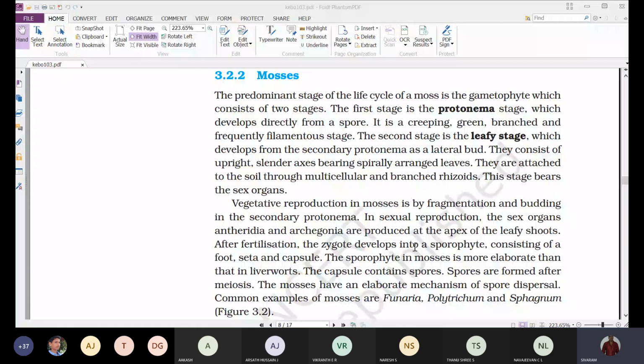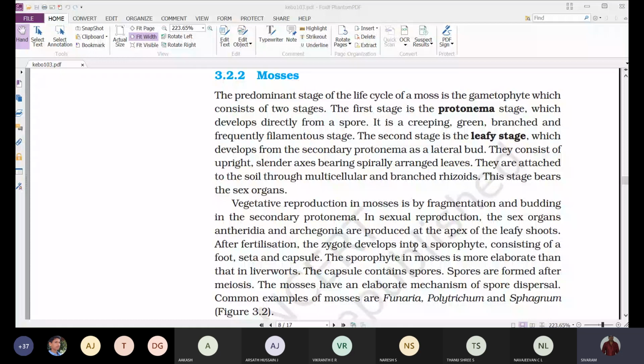Okay, which consists of two stages. In case of liverworts, we'll have only one stage, that is the leafy stage. The leafy stage only represents the gametophyte. But when you observe the mosses, the gametophyte stage occurs in two different